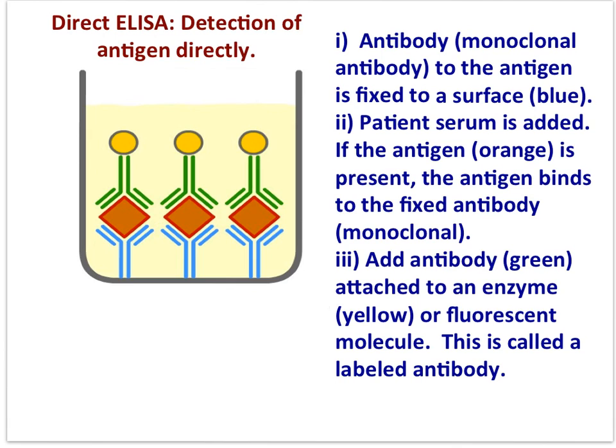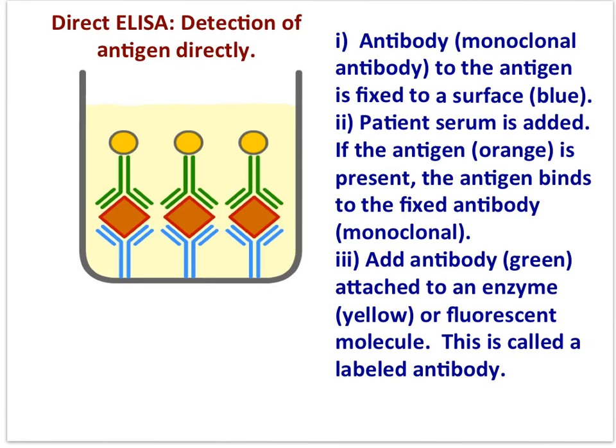Blood serum is added, and if the antigen, seen here as orange, is present, they bind to the fixed antibody. Then a labeled antibody is added, seen as green here. The labeled antibody has an enzyme, and it also binds to the antigen. The labeled antibody with its enzyme or a fluorescent molecule allows the technician to view a positive test when a